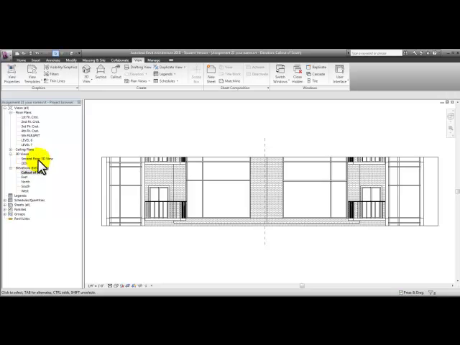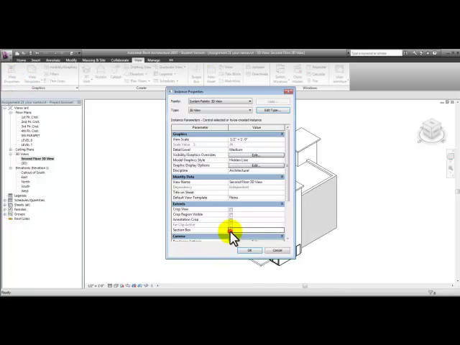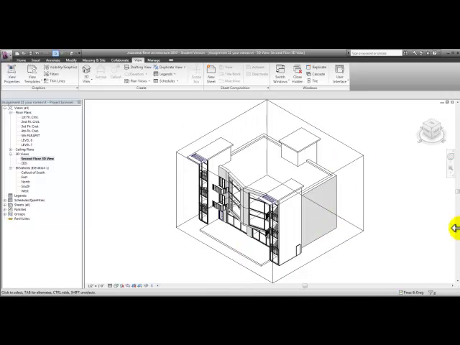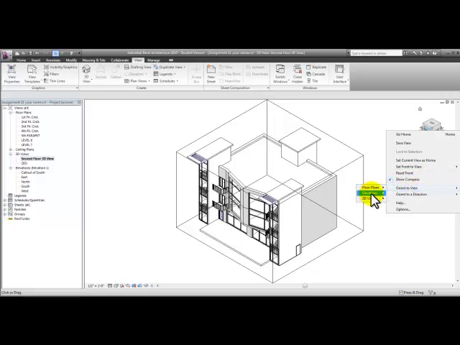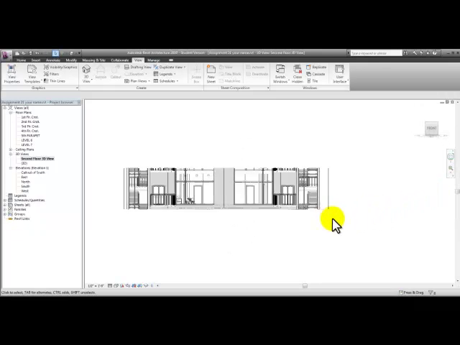Now let's go to the second floor 3D view and pick View Properties in the View tab, or type in VP and put a check mark in Section box and pick OK. In this view, instead of cropping the section box, we're going to rest our pointer on the view cube, right click, go to Orient to View, and over to Elevations, and find that callout of South view that we created. What it does is it rotates to just that view